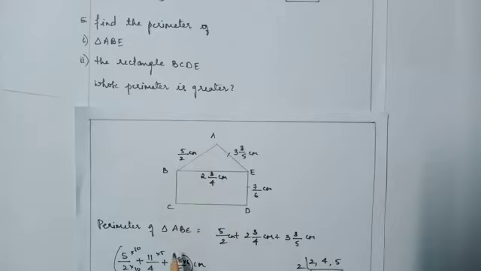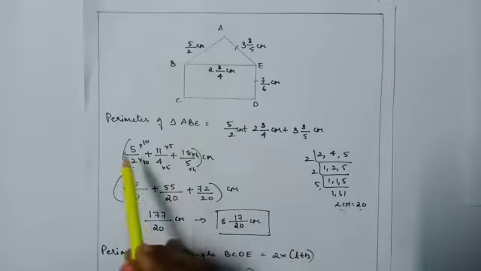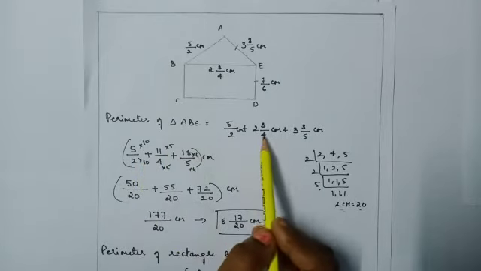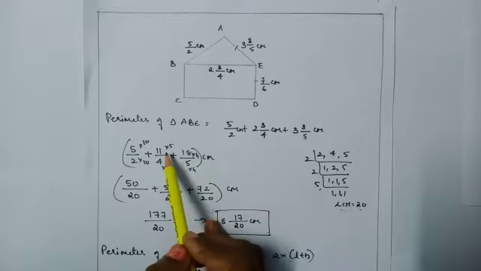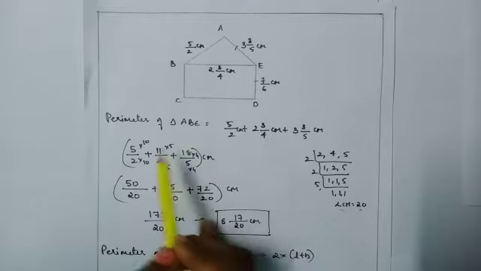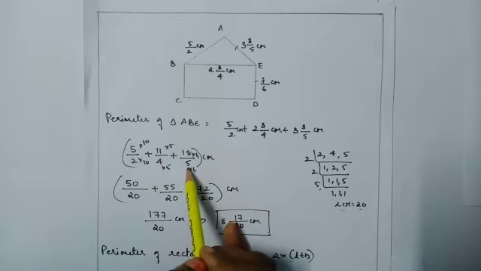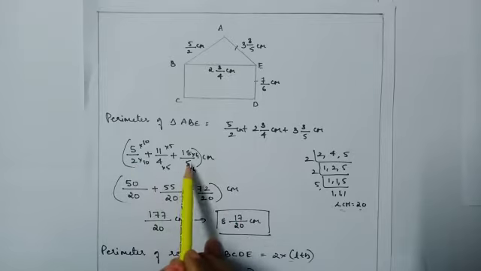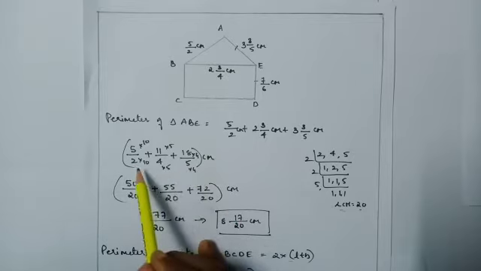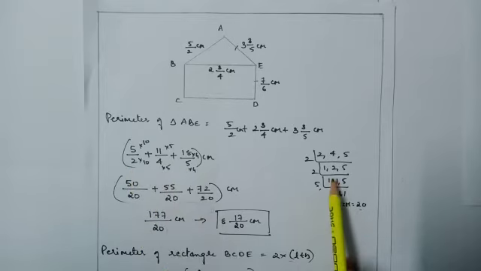So first let us find the perimeter of the triangle ABE. That is the sum of all the three sides. That is 5 by 2 centimeters plus 2 3 by 4 centimeters plus 3 3 by 5 centimeters. 5 by 2 as it is, whereas 2 3 by 4 centimeters is in the mixed fraction form, so let us convert that to the improper fraction form. 4 2s are 8 plus 3 is 11 by 4, plus 5 3s are 15 plus 3, 18 by 5. Now we are supposed to add these three fractions. We can't add directly, so let me take these 2, 4, 5 out and find the LCM.